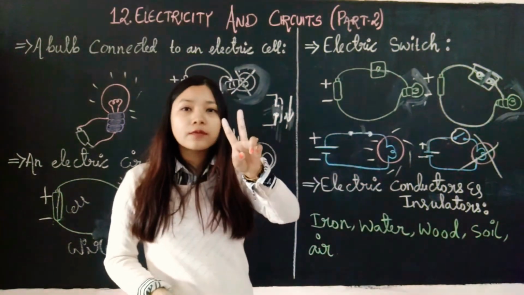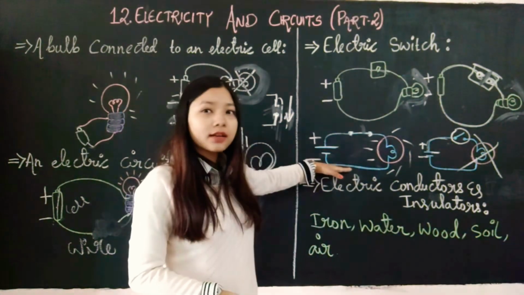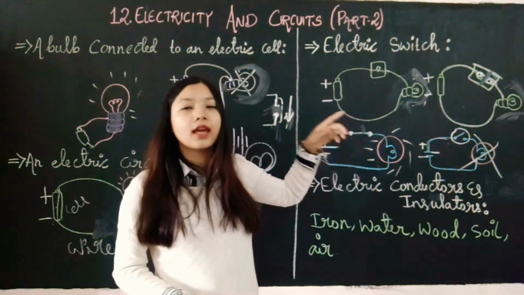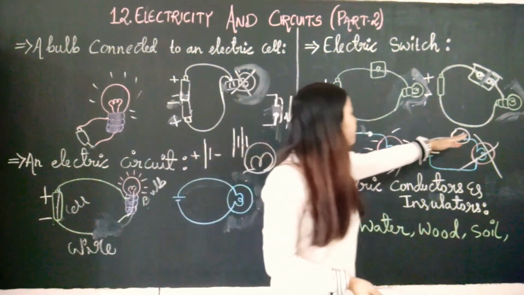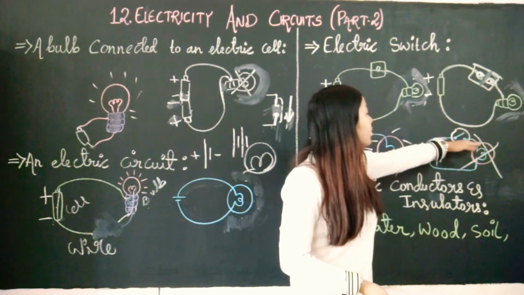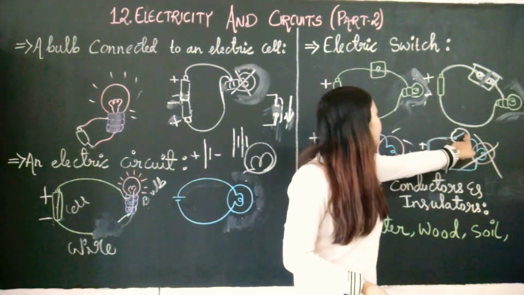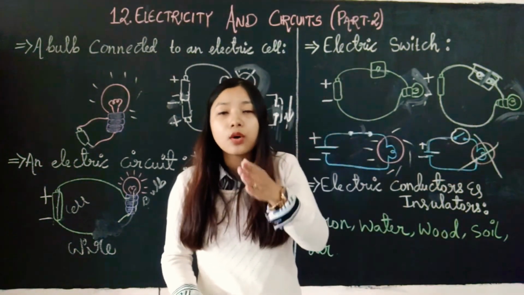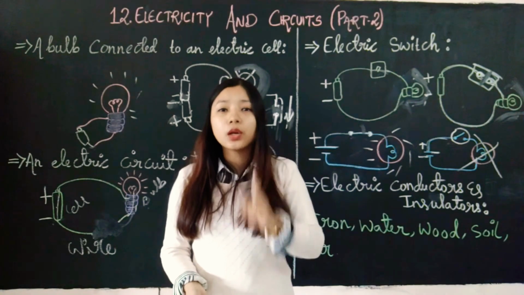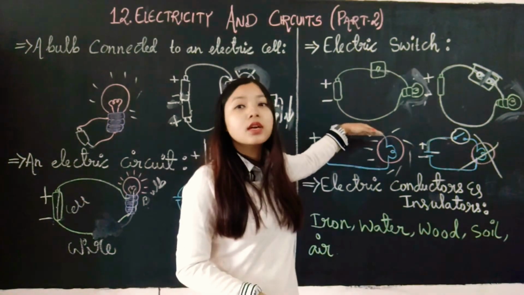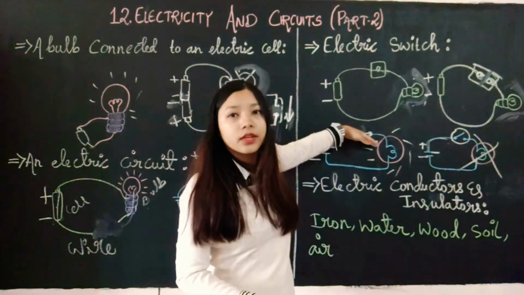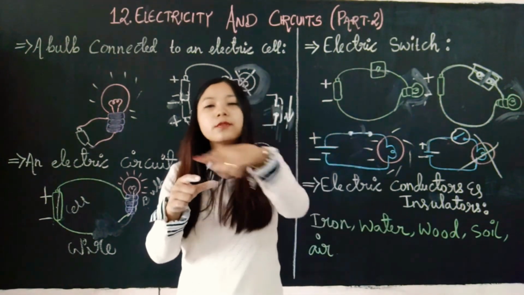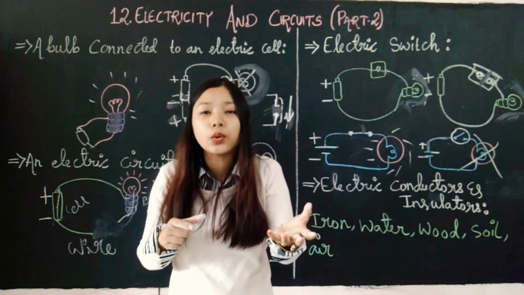Here two things you have to remember. A closed circuit, where the switch is like this, is completing the circuit, and an open circuit, where the switch is in this way, it will be up, and here we have an opening. So it is an open circuit where there is an opening. When the bulb glows, the switch is like this, when it is connected. So in a closed circuit, electricity will flow continuously and the bulb will glow.